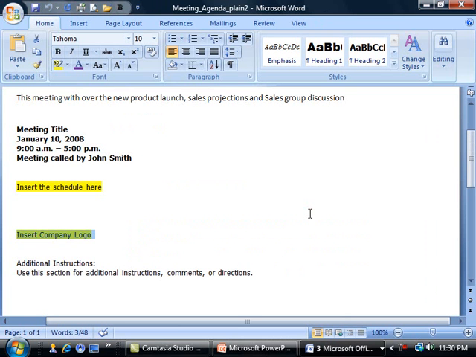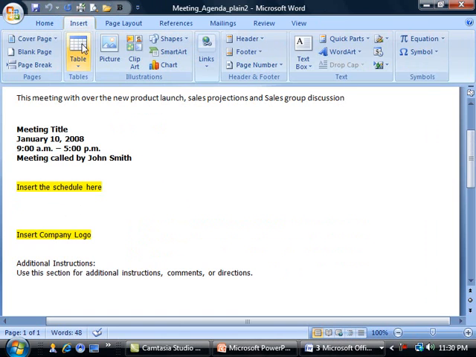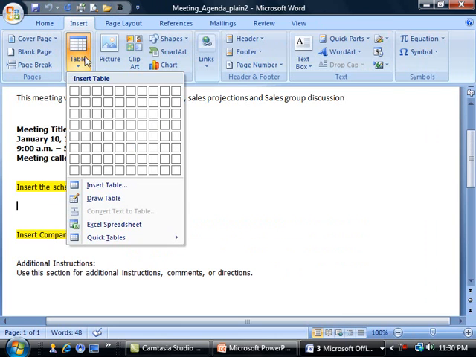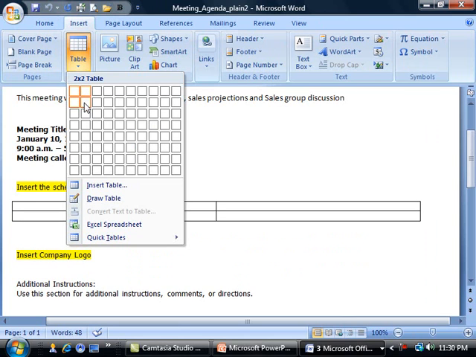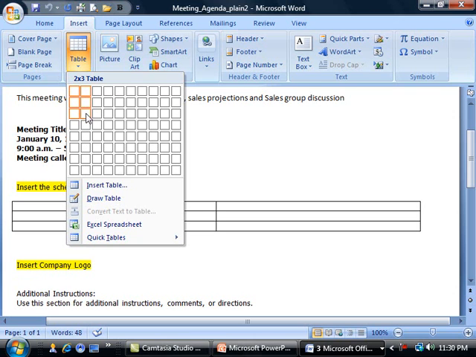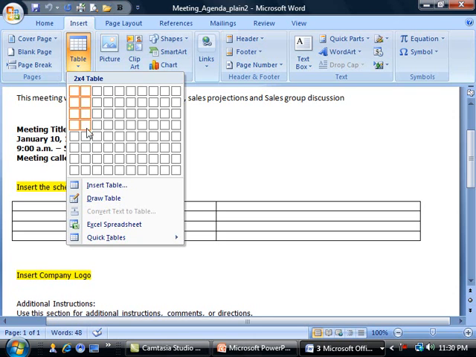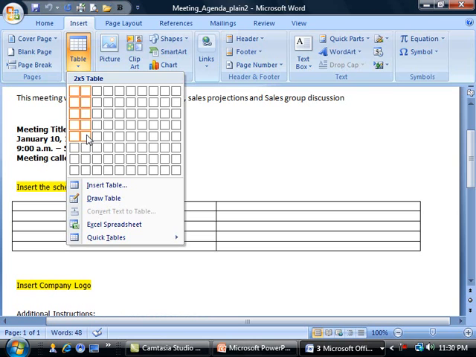So let me switch to our demo. So in order to create the table, we need to go to Insert, select Table, and this is what I was talking about. You can simply grab your mouse and drag over this area, and you'll notice that as I'm dragging, it is creating the table in my document. I will go ahead and select a 2 by 5 table,